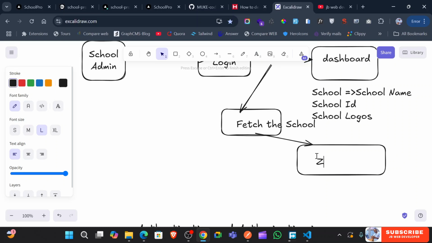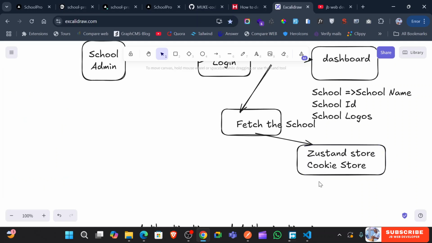We could put it in the zustand store and persist it there, and you'll be accessing this only on the client. If you want to get it on the server, you could also put the school in the cookie store. So we approach our cookie store and we add these details,